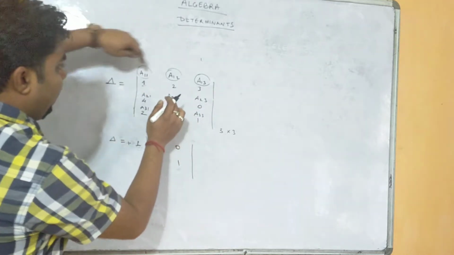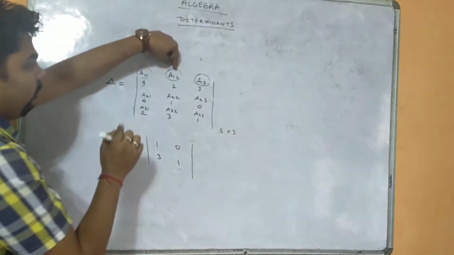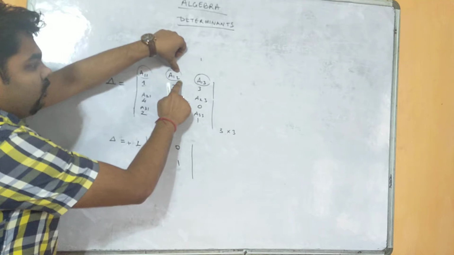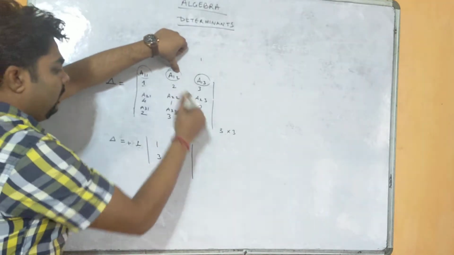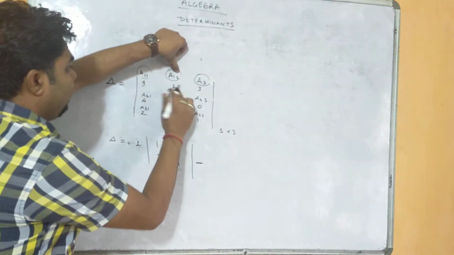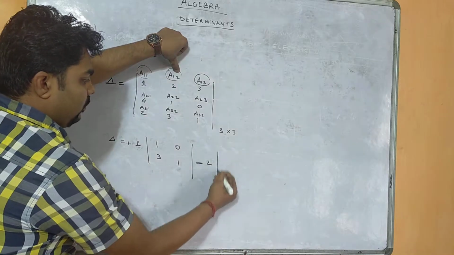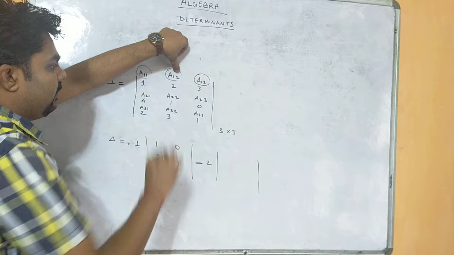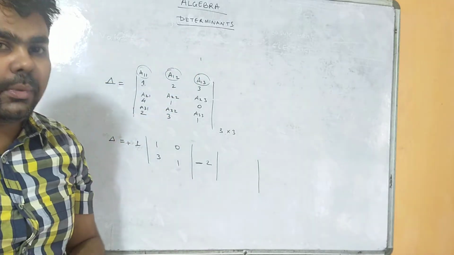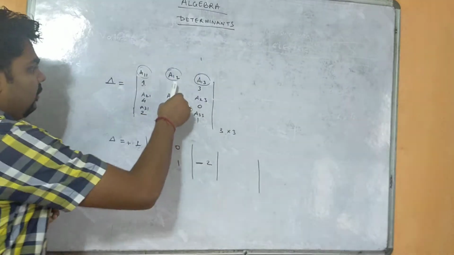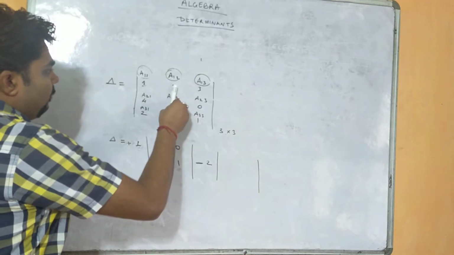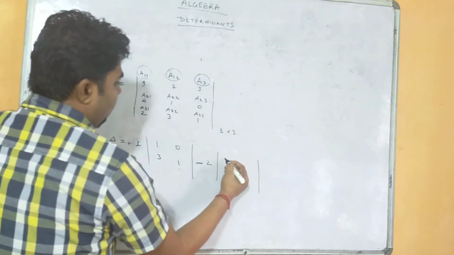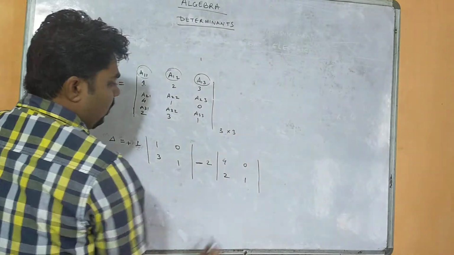Now again you will add, 1 plus 2. Now you need to find for this row. Okay, so 1 plus 2 is 3. 3 is an odd number, therefore minus. Again you will write here 2. Now you hide this row and column. That means the corresponding column and corresponding row you need to hide. So we are finding for 2, that means you will hide 2 and 2. What will you get here? 4, 0, 2, 1.